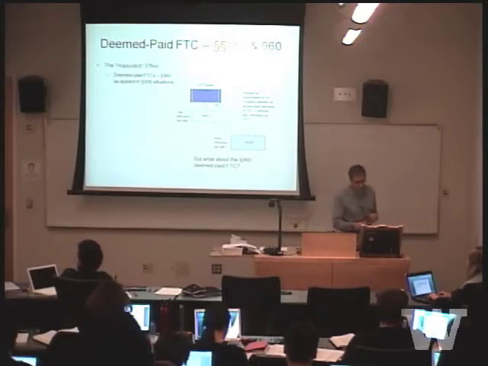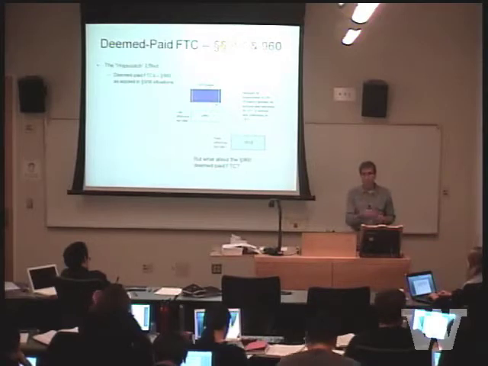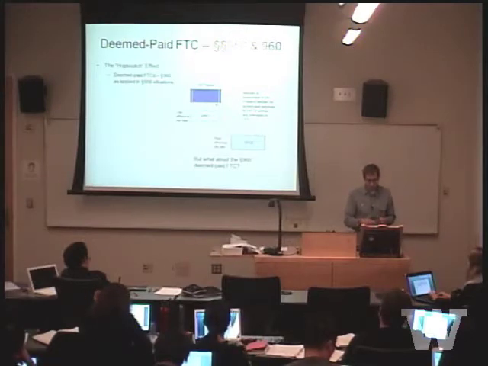So here we have a second level CFC. And the first CFC, let's assume, has no Subpart F income. But the second CFC, CFC2,